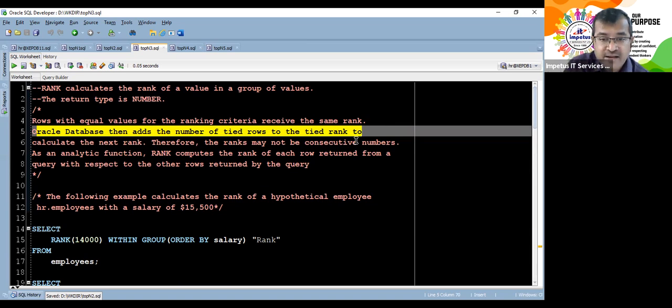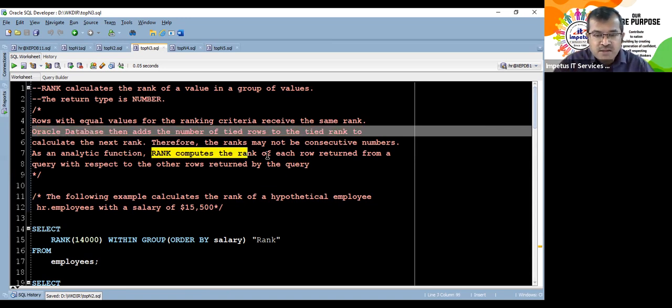Correct? You will not get rank as 2. The first 3 will get rank as 1. इनमें 3 है ना, so 3 will get added to that 1 and the next person will directly have rank number 4. So there will be gaps in between. Although it will be the first rank and the second rank, but rank का number जो रहेगा, that will be how many elements were at the same rank, that number will be added to the rank number to generate the next rank number. That's a bit problematic if you display the rank. As long as you do not display the rank, outputs are perfect. But if you display the rank, then there is a problem.